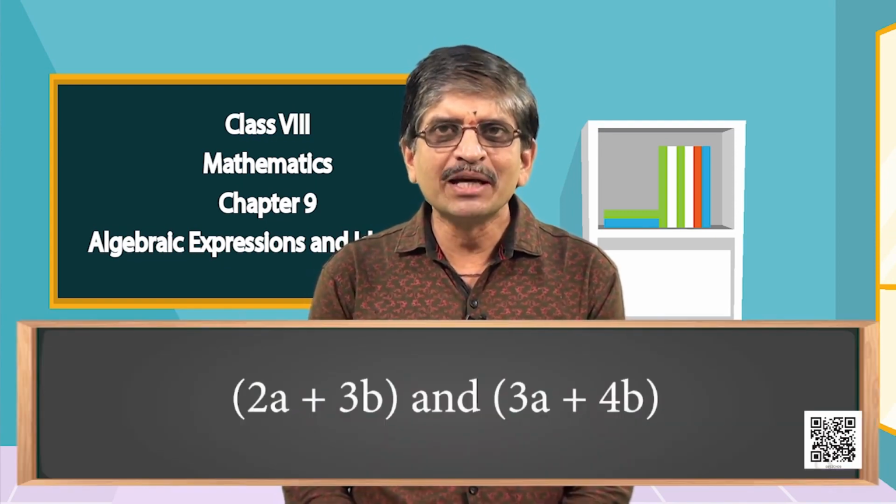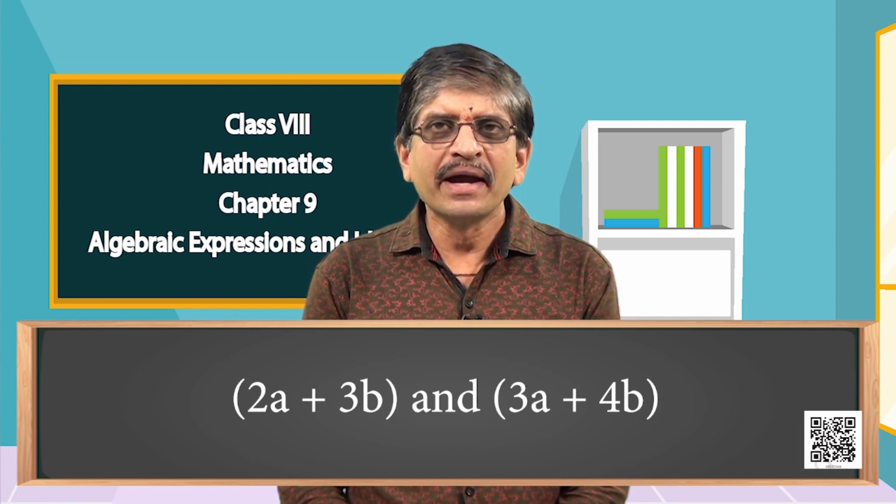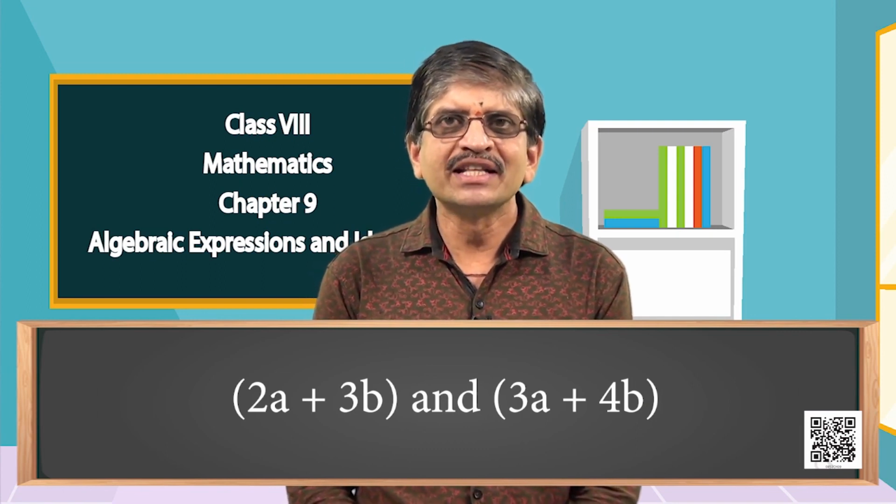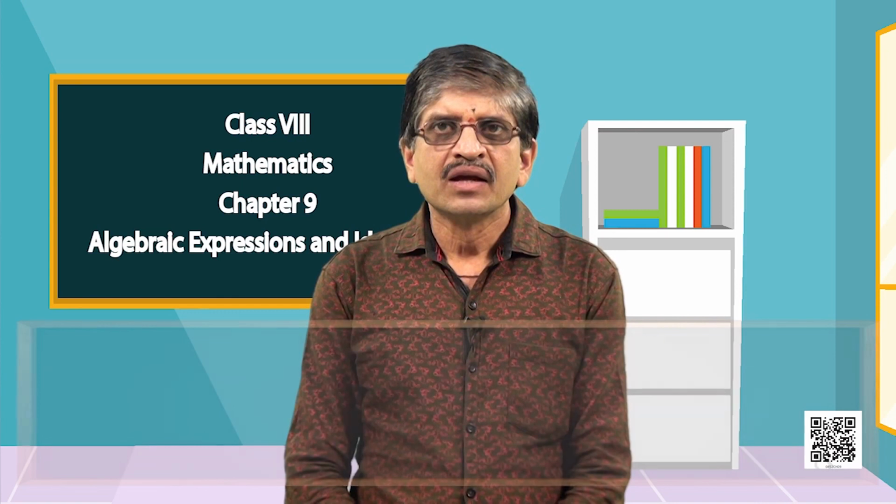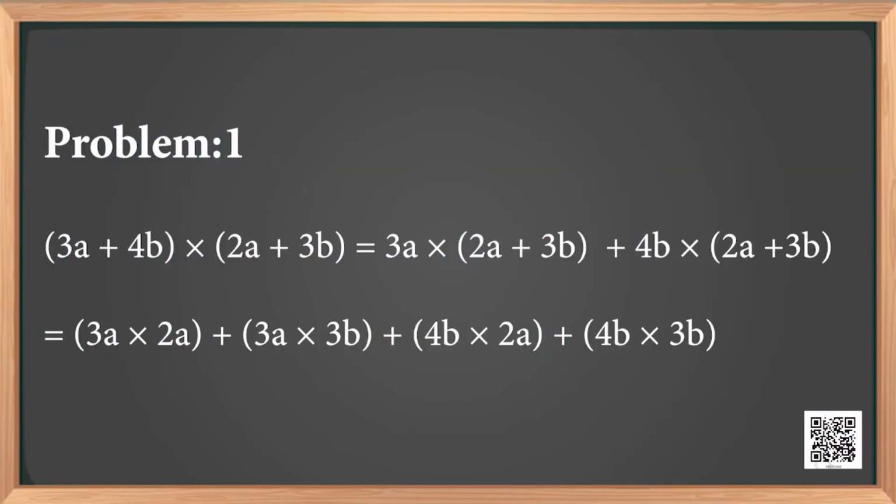Good. Multiplying a polynomial by a polynomial. Out of that, we first learn multiplying a binomial by a binomial. Let us multiply one binomial, say 2a plus 3b, by other binomial, say 3a plus 4b. We do this step by step by following distributive law. Problem 1,